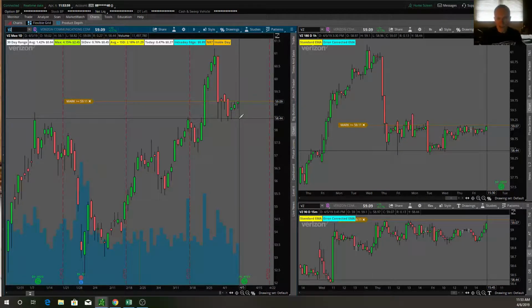That means this thing is just coiling up, and whenever things coil up, they have got to uncoil. And Verizon's going to uncoil. My bet is it's going to uncoil to the upside. So that is, when I see NR7 on one of the stocks, now you'll notice here